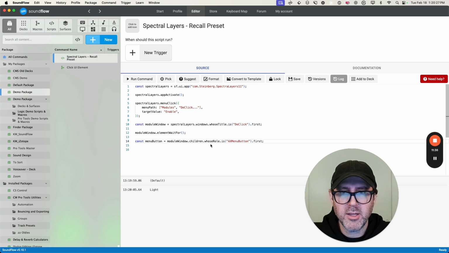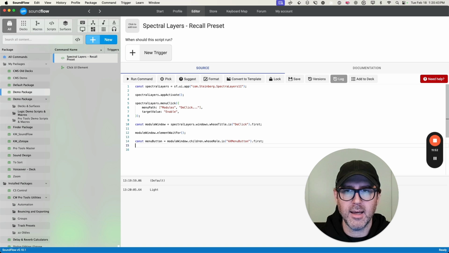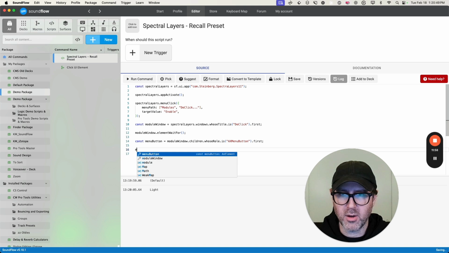So this is a menu button, and I don't think that this works like a pop-up menu, because it's just stating that it's a menu button, and I don't think that that's something that we have access to with SoundFlow. So instead, we're going to have to do this in a couple more steps. So the first thing we want to do is click the menu button. So let's go menu button, and we'll go element click,